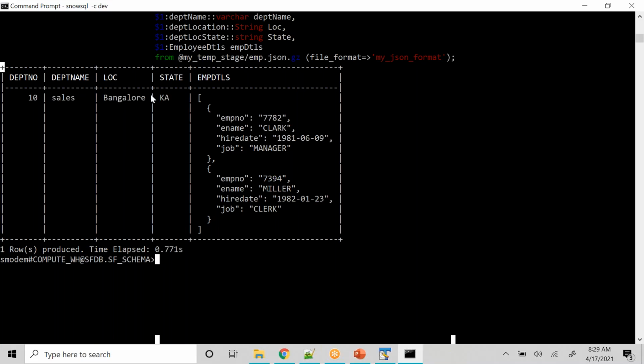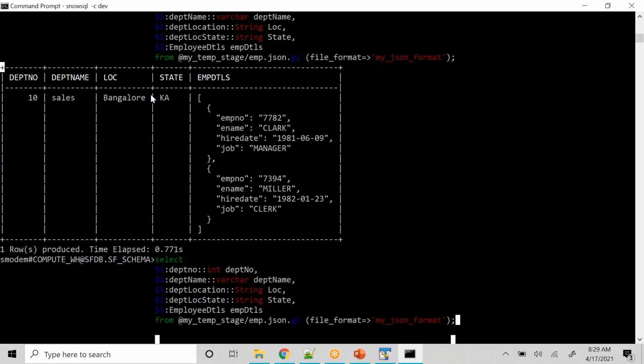Employee details is an array. So to extract an array, Snowflake has given a function called lateral flatten. You have to flatten this array and then extract it. Okay, so there is some syntax that you have to learn, and this is how it is. Whenever you're trying to extract an array, first this is how, lateral flatten, and then